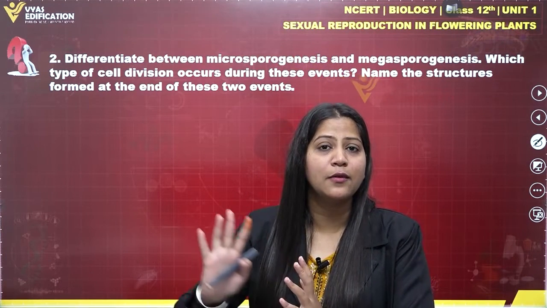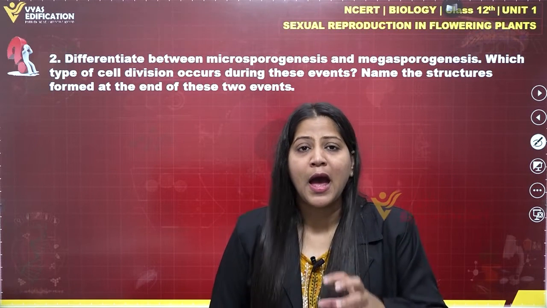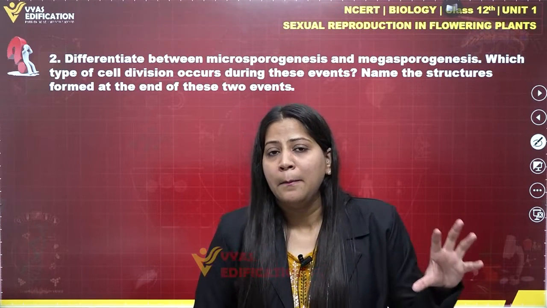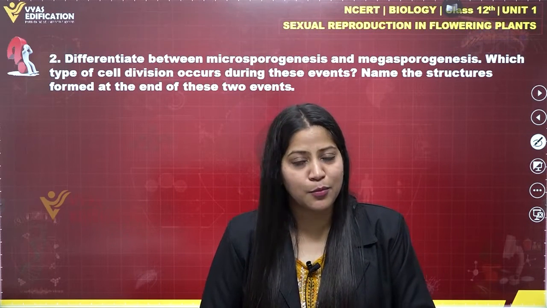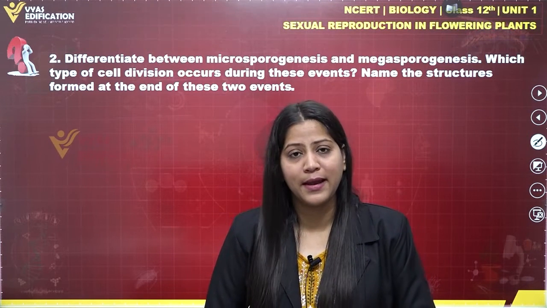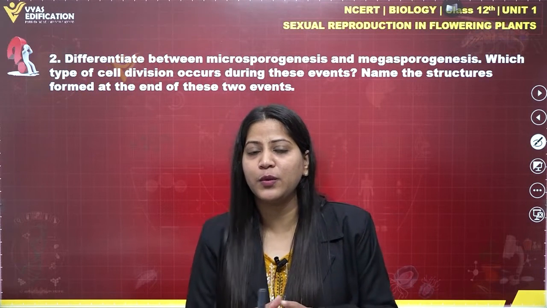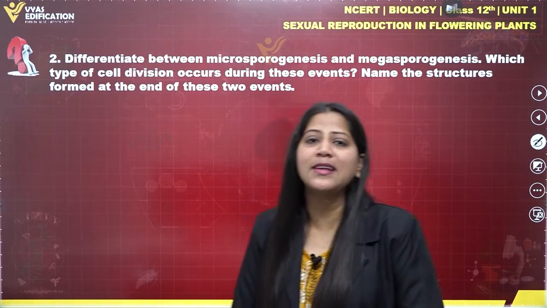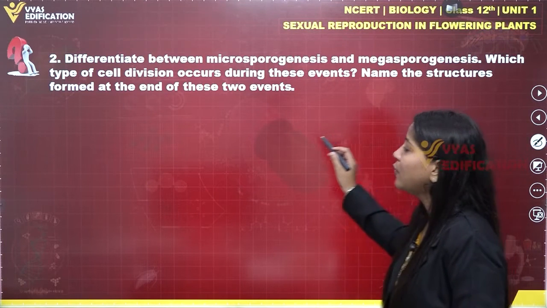Microsporogenesis is a process which occurs in the male reproductive organ of a flower and will give rise to microspores such as pollen grain. Megasporogenesis is a process which occurs inside the female reproductive organ, which is going to give rise to the female megaspore such as embryo sac. So this is the difference between these two processes, that is megasporogenesis and microsporogenesis. Now we have to tell what type of cell division